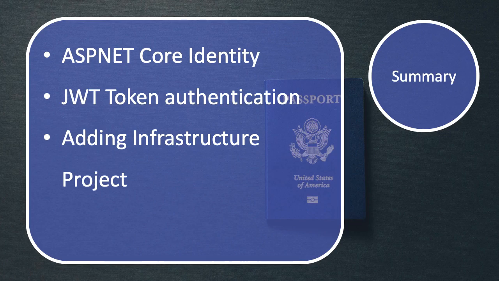We've set it up, we've configured it, we've got it working, we've protected our data with authentication, and we're sending out JWT tokens to our clients who log in and register to our application. And we've also seen how we can pluck out the username from the token when a request comes into our API. And we'll be using that a lot to get the currently logged in user as they navigate around our